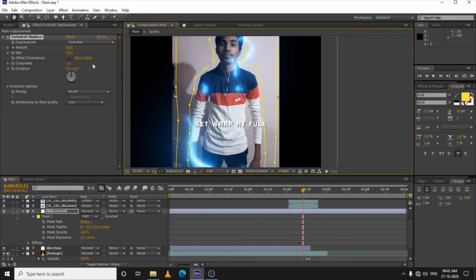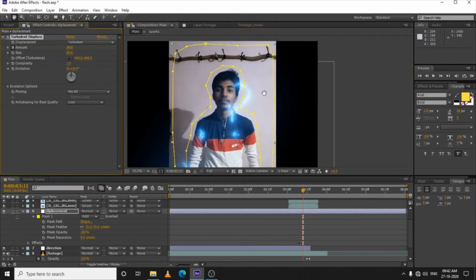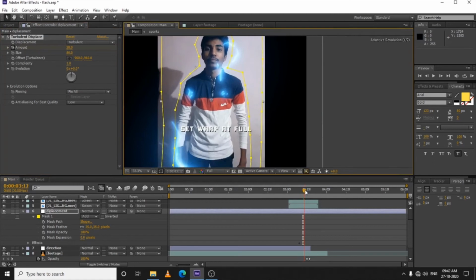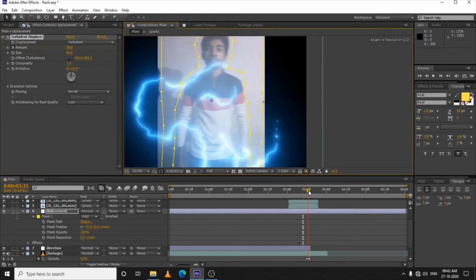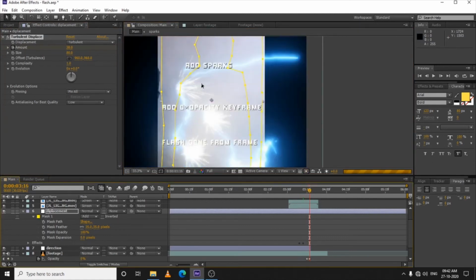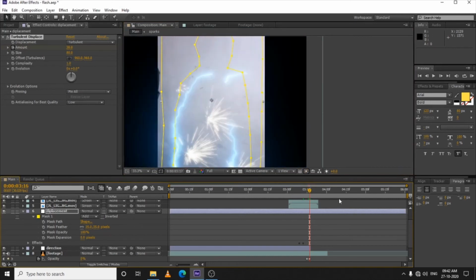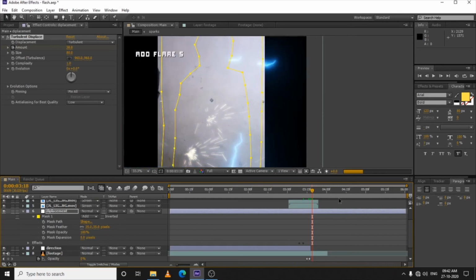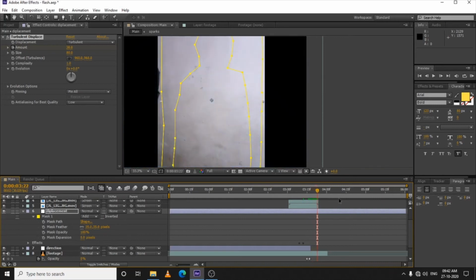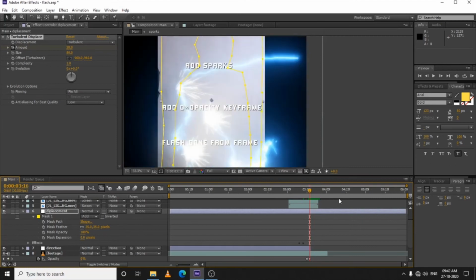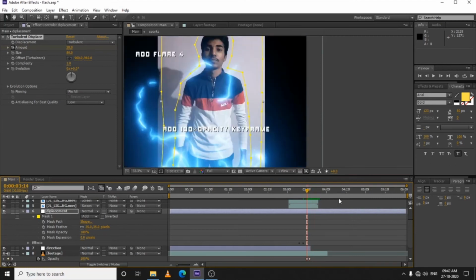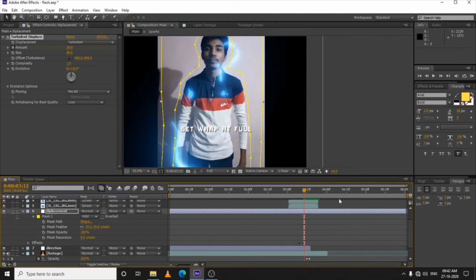You can also increase the value. I am making the size to 80. Yeah, perfect. Now come some keyframes ahead and see here, see what's happening actually. Where is our set warp to 0%. Okay, where it is, here is full.